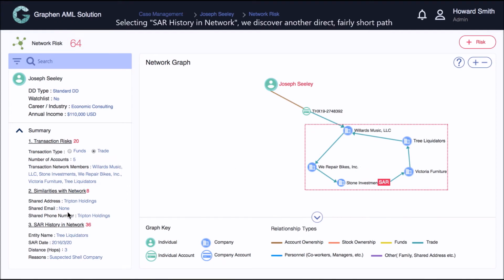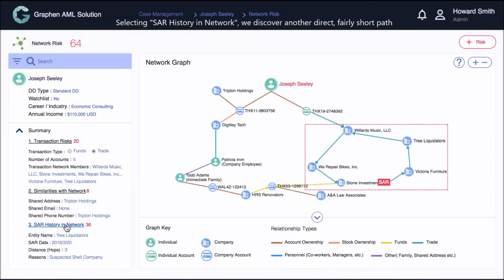Selecting SAR history in network, we discover another direct, fairly short path between Joseph and the SAR entity via the family member of an employee at Joseph's company, Digitally Tech, solidifying our preliminary suspicions that Joseph may be engaging in